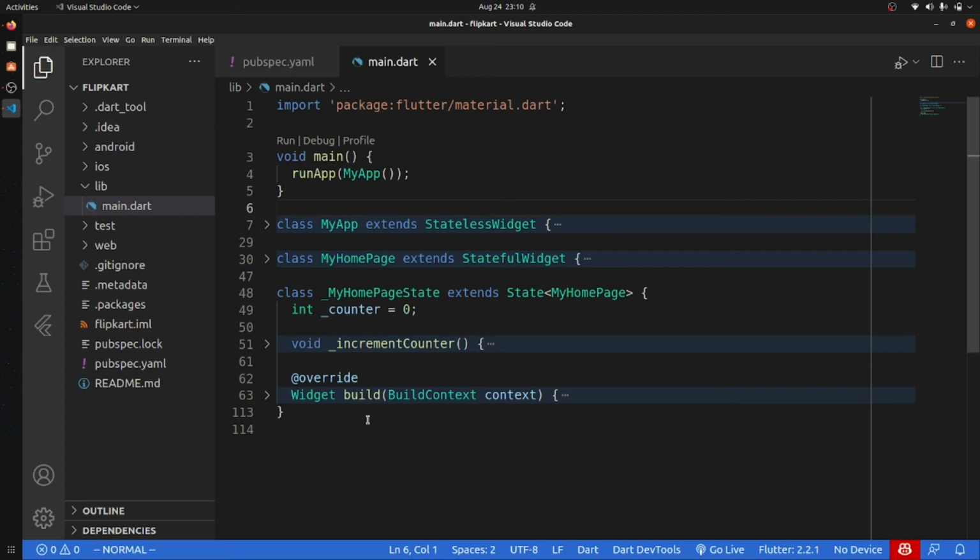So I think this was the intro video, so I have just talked about that. From the next video we will definitely dive right into our application and start creating our Flipkart clone with a working backend. I will show you the backend in Node.js. I think it's my favorite programming language for backend, but if you want me to create the backend in any other programming language like Java, Spring Boot or PHP, then comment down, and if I get the chance, I will definitely make the backend in that programming language.